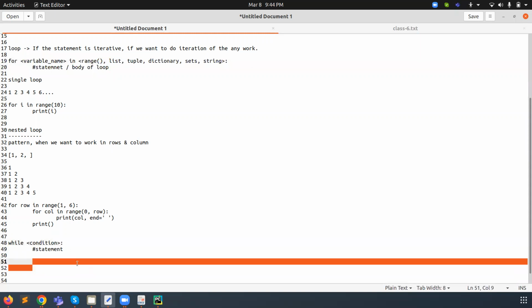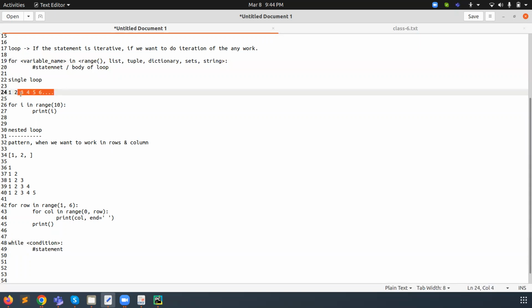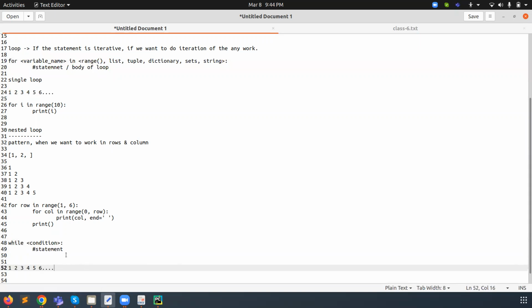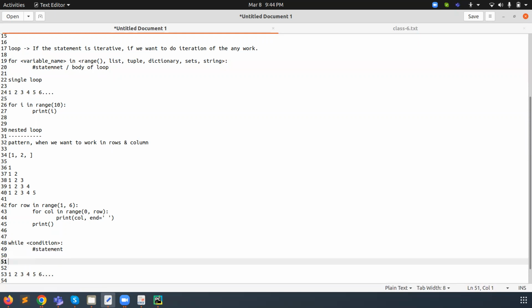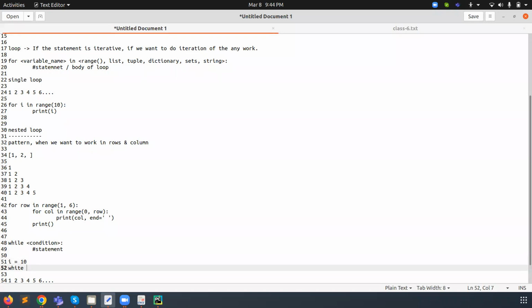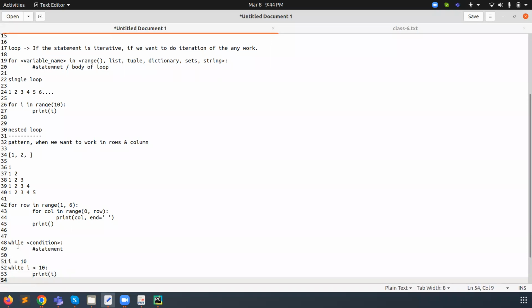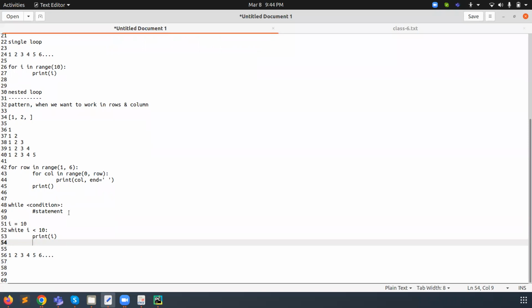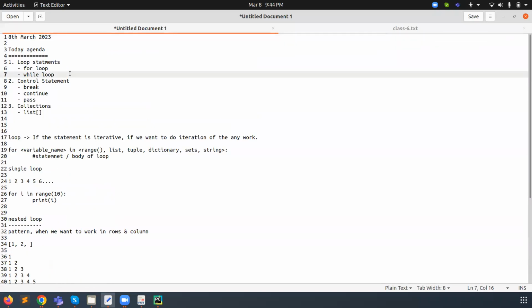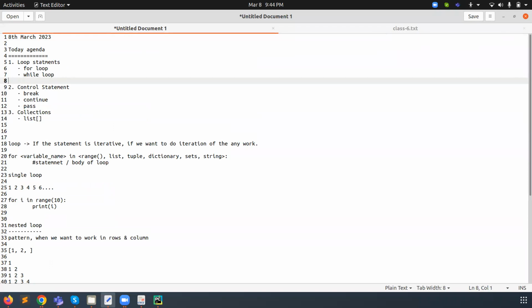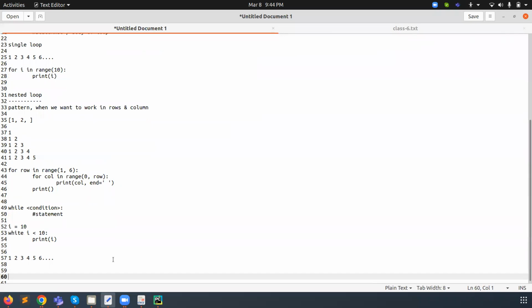How will we go? For example, I want to print this same statement using the while loop. What can we do here? Before the while, we need to start a variable i equal to, for example, 0, if we want to print till 9 or 10. Then while i less than 10, we need to print the value. A nested loop is also available, but an infinite loop is not a type of loop; it is a concept. An infinite loop can happen with a for loop as well as a while loop.